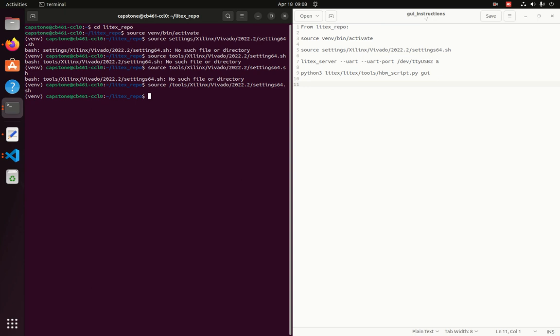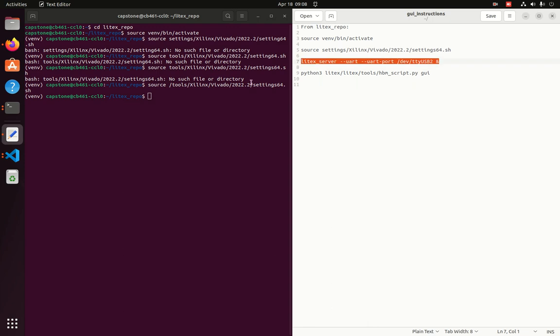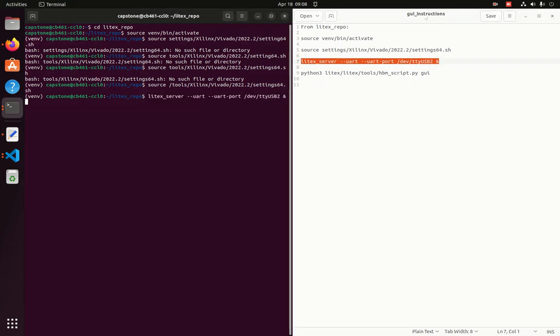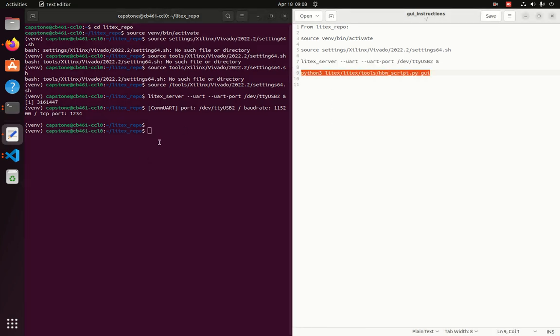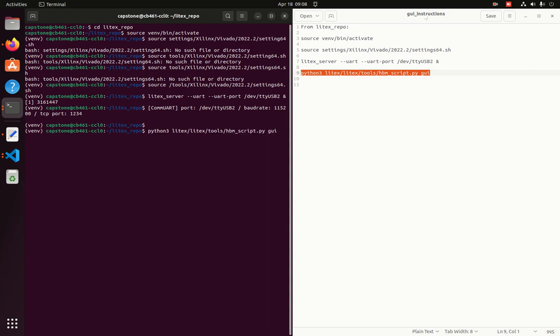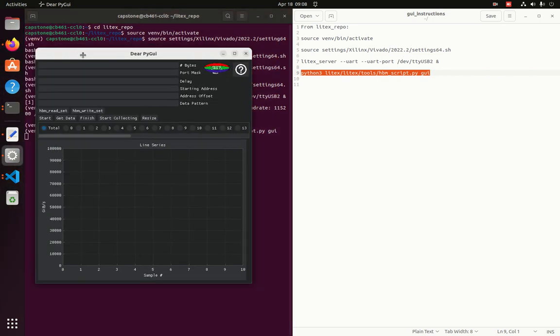So now that we've sourced those tools, we just need to start up the LiteX server, and we do that by running this command. Once we run the command, you can see that the server is working on a particular port. In your particular case, you'll probably have to change which port it's acting on depending on your system and implementation. Then, to activate the GUI, we just run this command to run the script that activates the GUI. So here's the GUI,